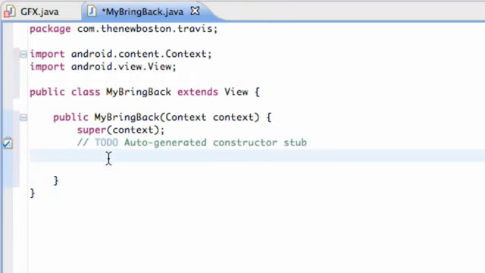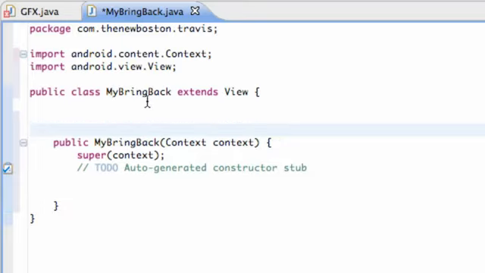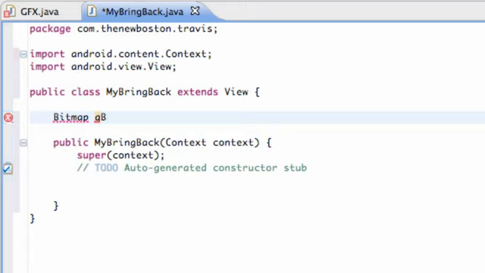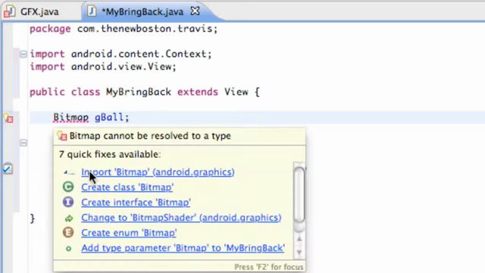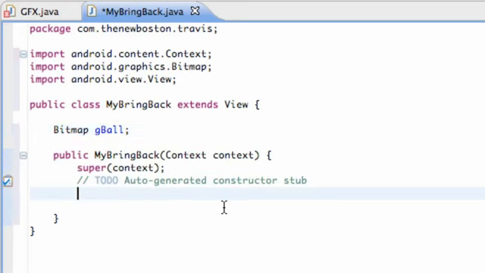So let's set up a variable. First we want something that's going to be able to be used within our whole class. So we're going to say Bitmap, and we're going to call it gball for green ball. And we are not going to define it yet. We're just going to say, hey, there's going to be this variable, look out for it. And now within our constructor, let's define it within there. So we're going to say gball equals,